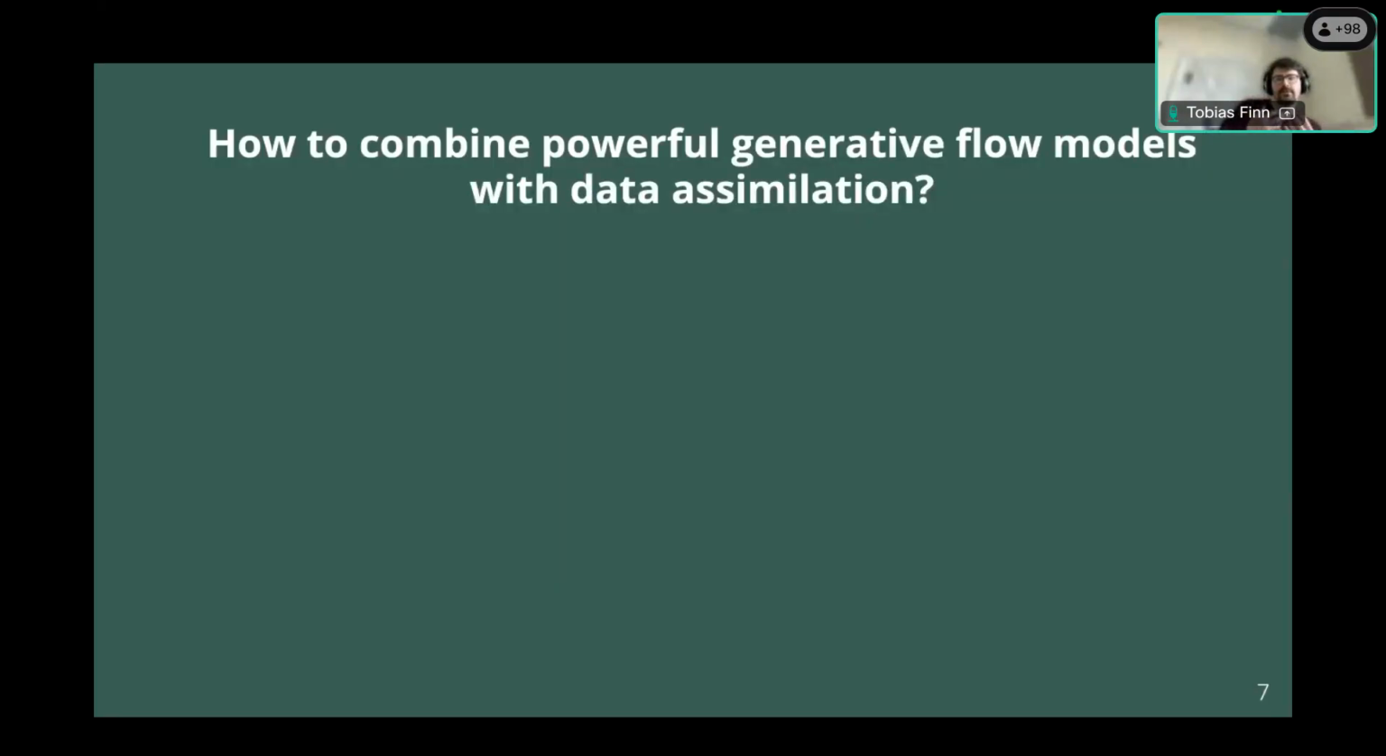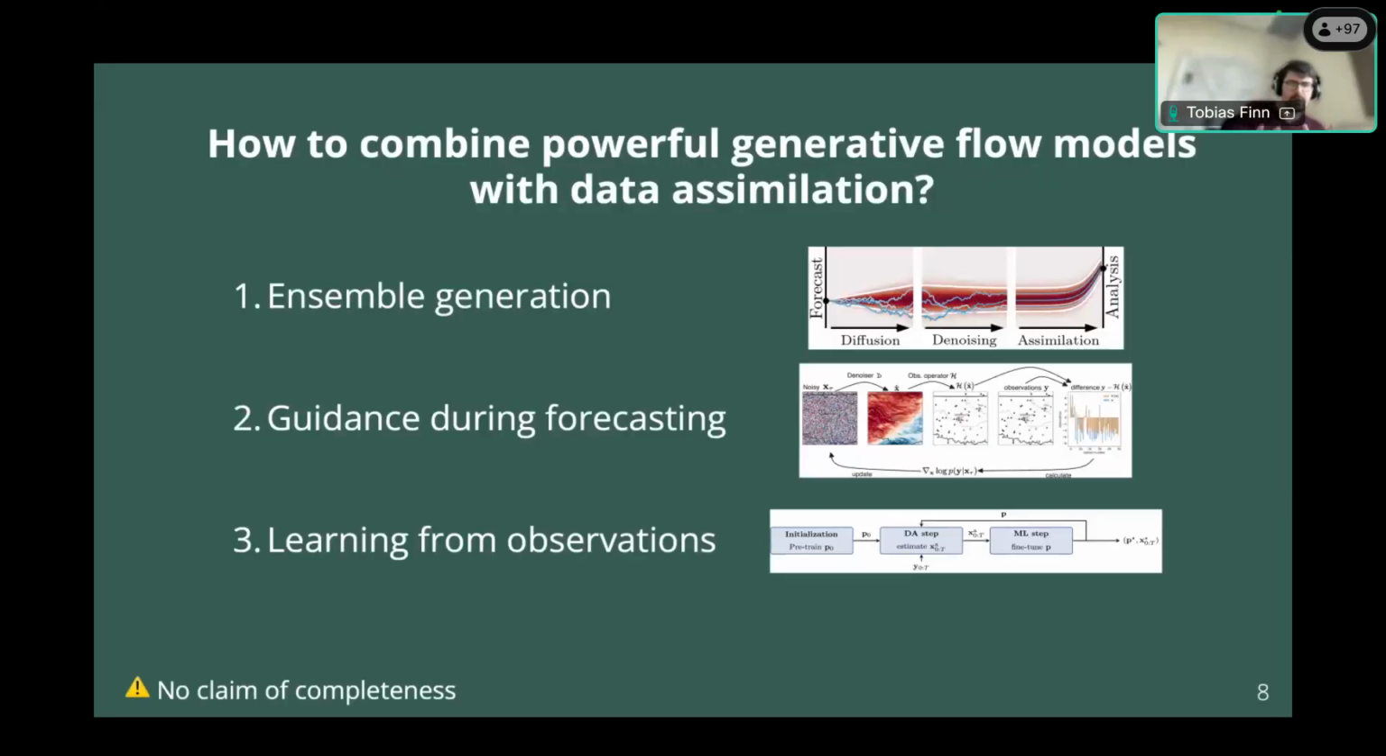And so the main question for the second part of my talk is how can we combine these powerful generative models with data assimilation? And instead of just showing a single result, I will show a general overview. So meaning I will speak about 3 different parts. The first part is using these generative models for ensemble generation. Then the second part is about guiding these generative models during the forecasting process itself. And then the third part is a bit related to the AI approach previously, to how we can potentially learn